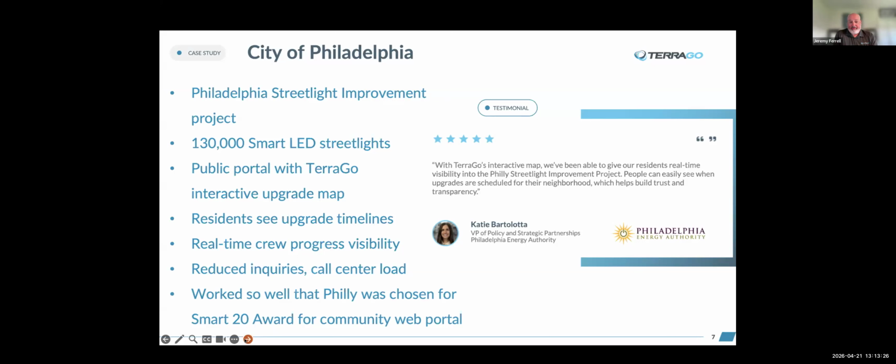This interactive map really provided engagement with the community, engagement with the customers, and then quite frankly, reduced a lot of inquiries that were coming in asking, hey, when are you going to be in my area? When is this going to change in my area? So through the community engagement module with the city of Philadelphia, we worked with them to do a map